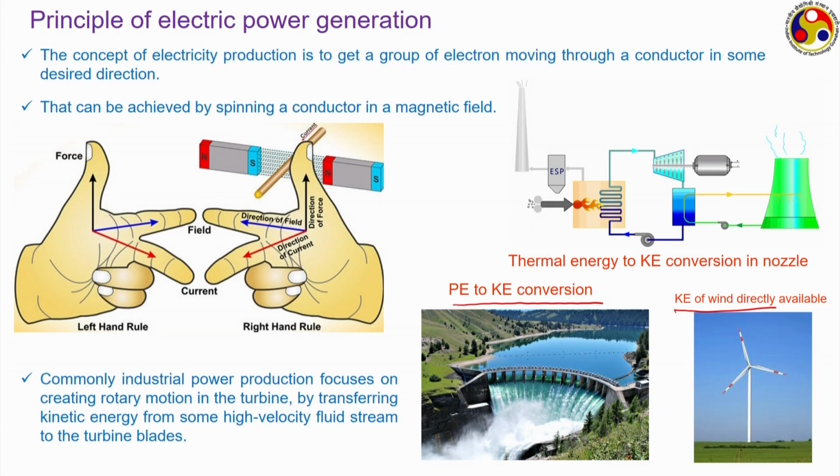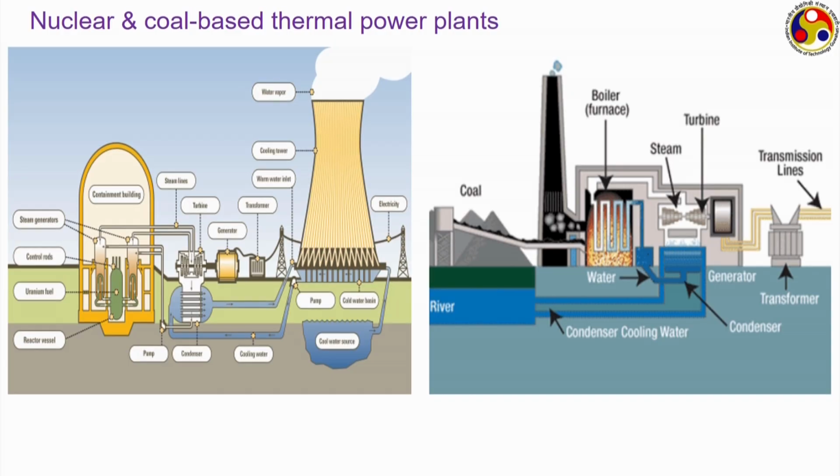Now, there can be two types of this high velocity energy generation. We can divide in two categories. One, like this hydel or wind, where we either directly get the kinetic energy or convert potential energy into kinetic energy. The other, where thermal energy is involved, like coal, where we generate thermal energy by burning some fuel or by some other means, and that thermal energy is used to raise steam and then the rest through the nozzle and the turbine. And nuclear is in this latter category,